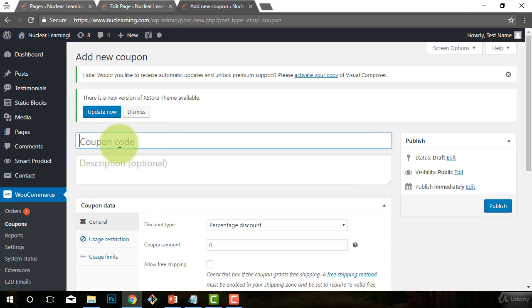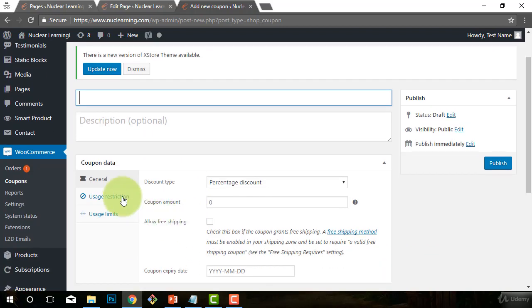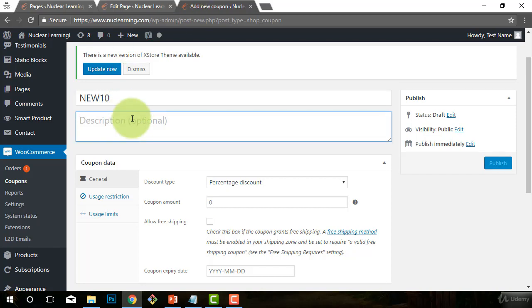Okay, and so this is the coupon code. Generally what you want to do is make the coupon code not guessable, but obviously something that's relevant to what you're doing. So let's say that you are doing a coupon for 10% off for new customers. So I'm going to put new10, something like that. So 10% discount for new